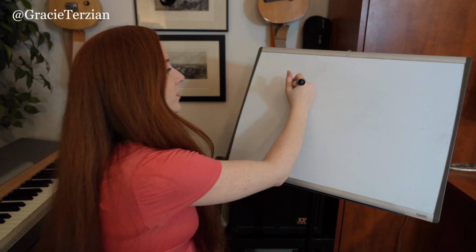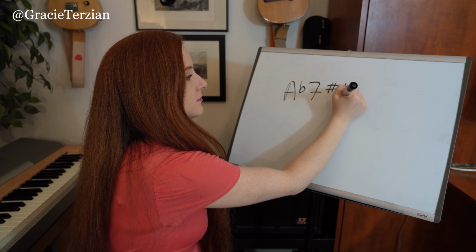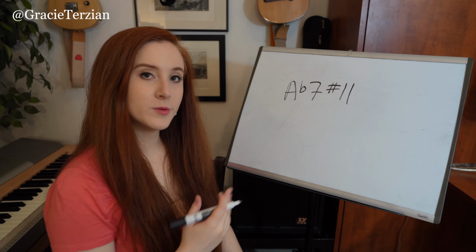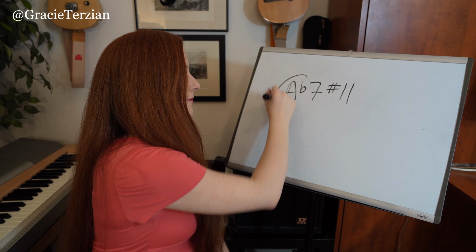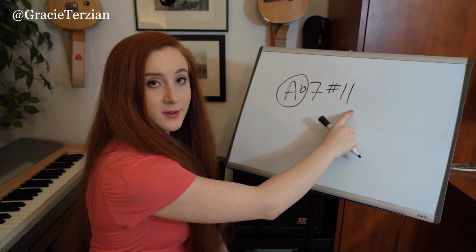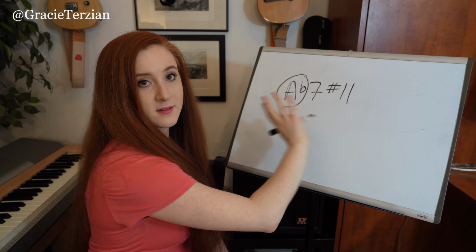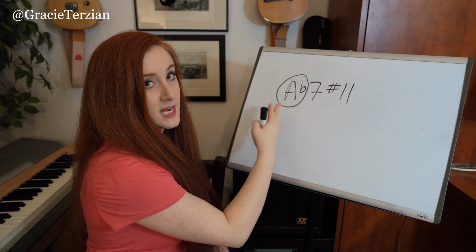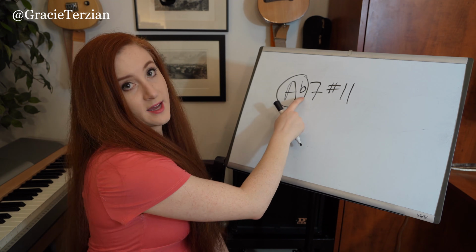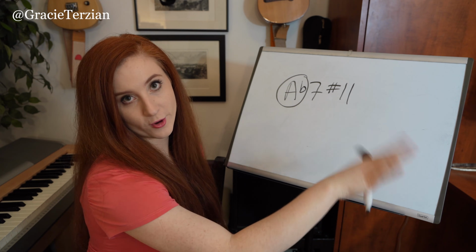Okay, if the chord were A flat 7 sharp 11, what would be the root? The root note would be A flat, right? And then 7 sharp 11 is the chord quality. So even though there's a sharp there, we ignore that. That's still part of the chord quality. So the root note is always just going to be the very first letter and any sharp or flat that's right next to that letter. Any other sharps or flats in the chord name, like this sharp, for instance, that's part of the chord quality,